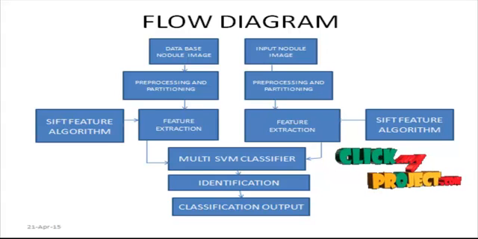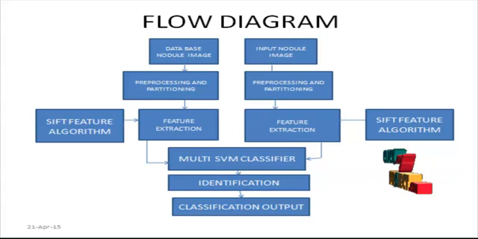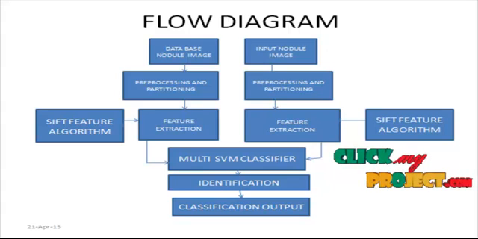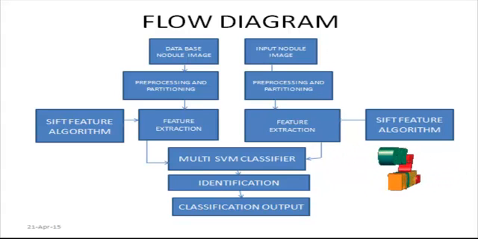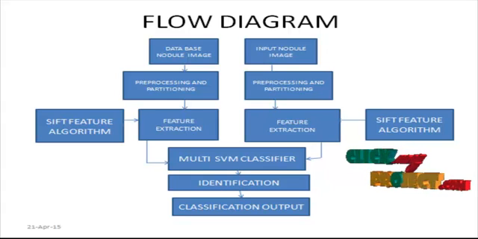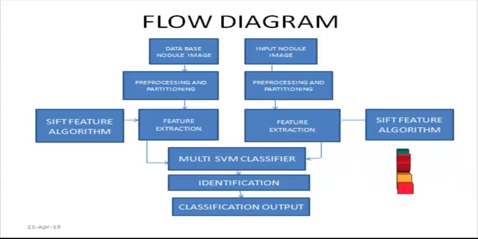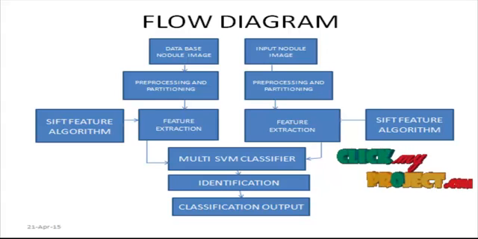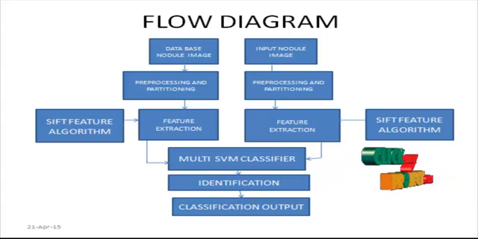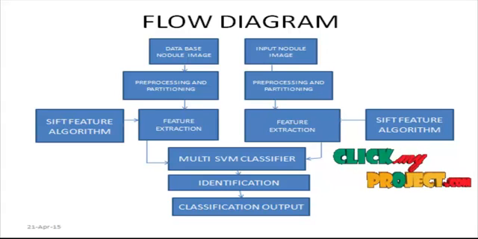The SIFT feature algorithm is used for feature extraction, and to identify the query information and the overall database information, it is processed by the multi-SVM classifier. The multi-SVM classifier classifies the multi-level database information against the selected query information. This process identifies which type of disease occurs in the required input lung images. After the classification is identified, performance analysis is calculated for the overall classification results. This performance analysis is mainly based on